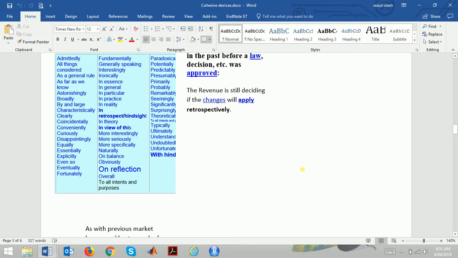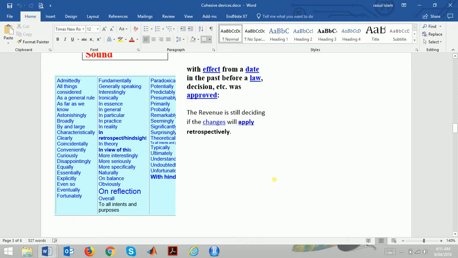Even so, eventually, fortunately, fundamentally, generally speaking, interestingly, ironically, in essence, in general, in particular, in practice, in reality, in